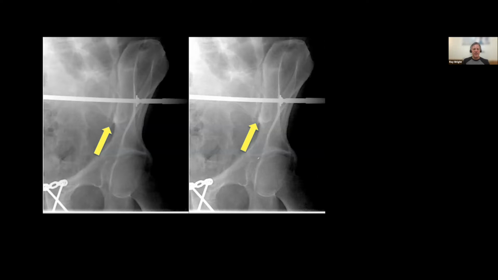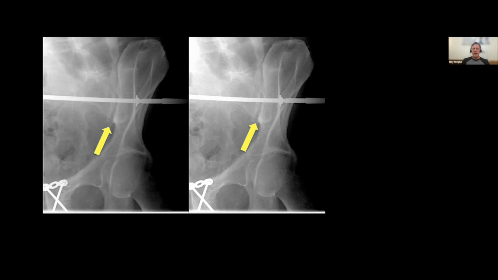And once that was reduced and a plate applied anteriorly, just as I'd said before about securing all potential points of instability, once the front is fixed, I really like to fix the back. And this may be still controversial in some segments. I think there's reasonable literature to suggest that if you fix the back in addition to the front in these rotationally unstable or ostensibly rotationally unstable injuries, your risk of failure of your anterior fixation is lowered. Your risk of failure of your overall construct is lowered, so long as you can place screws safely.